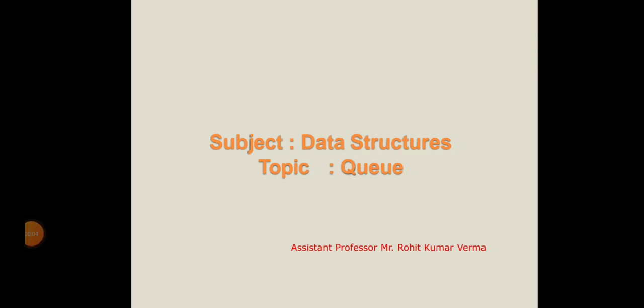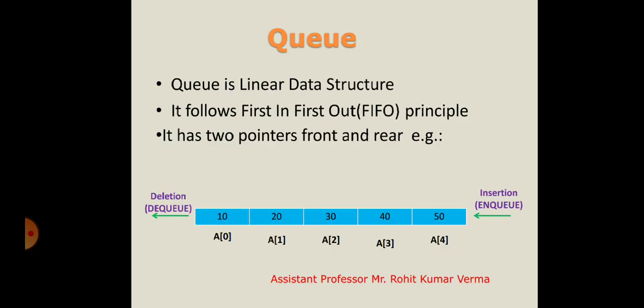In today's session, we are learning about the queue data structure. So basically, what is a queue? Dear students, a queue is a linear data structure which follows the FIFO principle. Now, what is FIFO? First in, first out. So what you have to remember: a queue is a linear data structure which follows the first in, first out